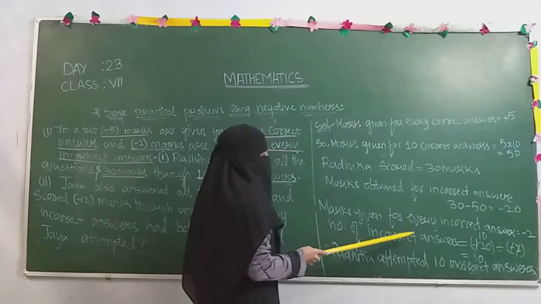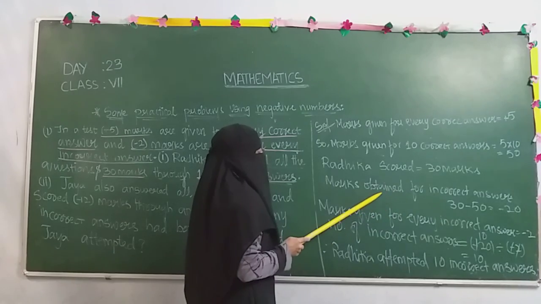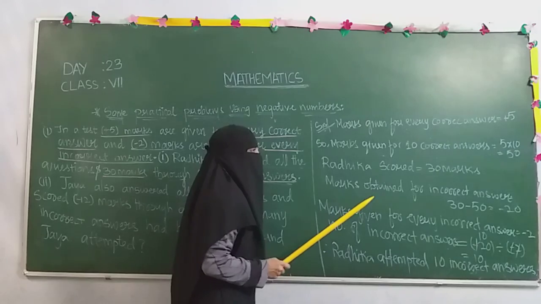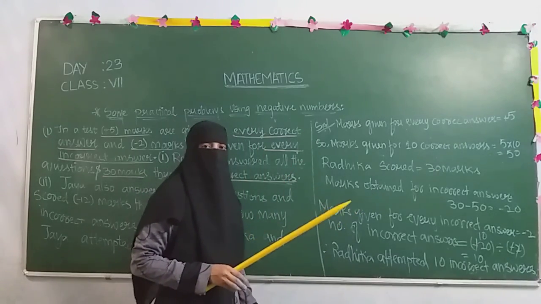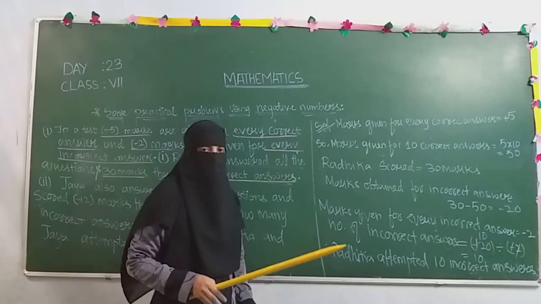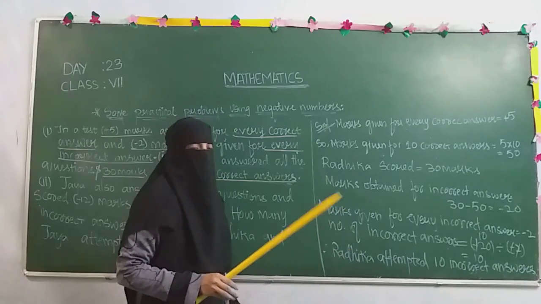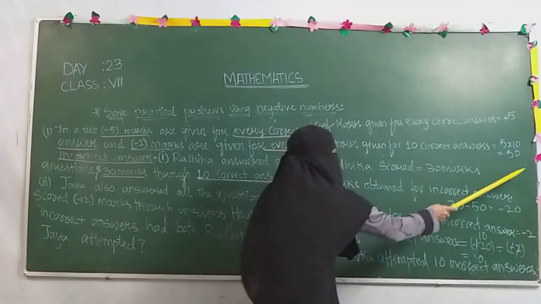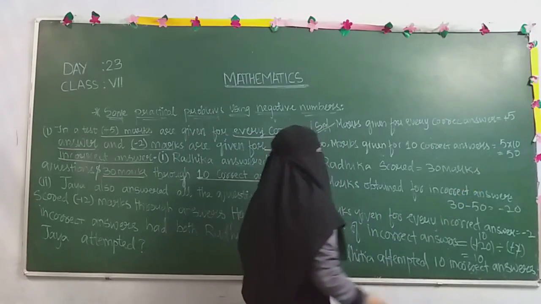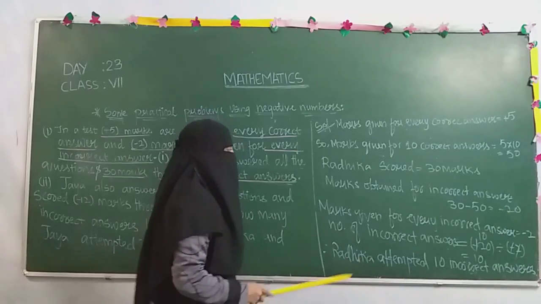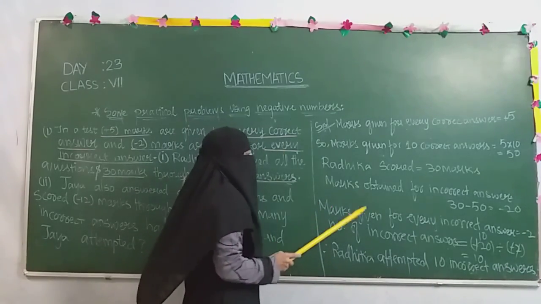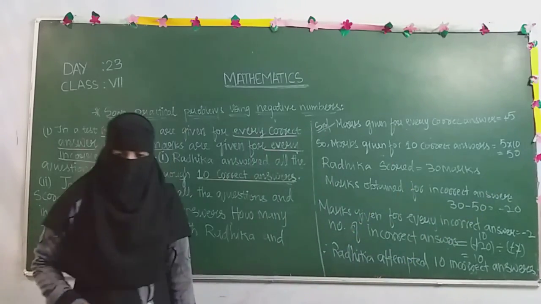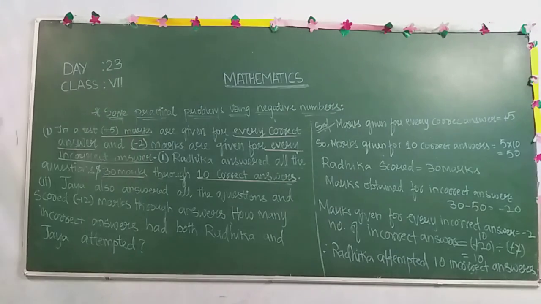But she has lost marks because of negative marking. As I said, I have given the example of NEET to you. If a person attempts a few correct and a few incorrect, both marks get tallied, and based on that total we get the marks. So here also, no doubt she scored 50 marks altogether, but due to negative marking she lost 20 marks and scored 30 marks. So this is the way of finding.